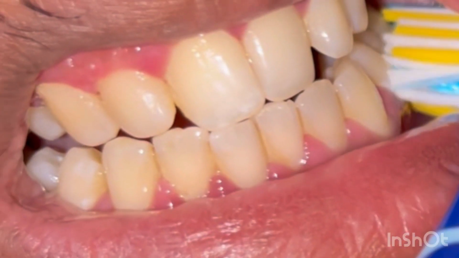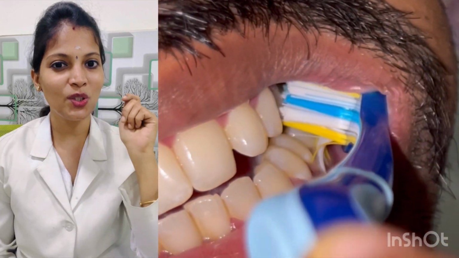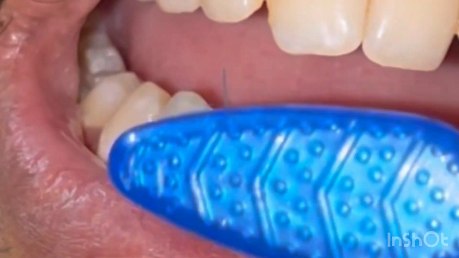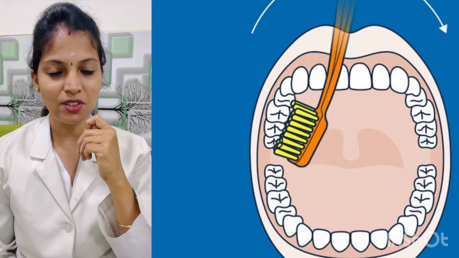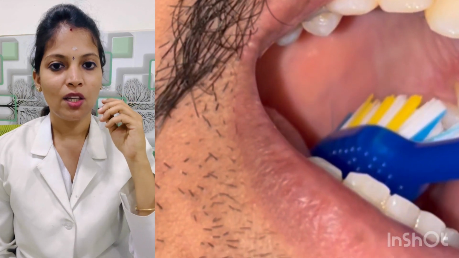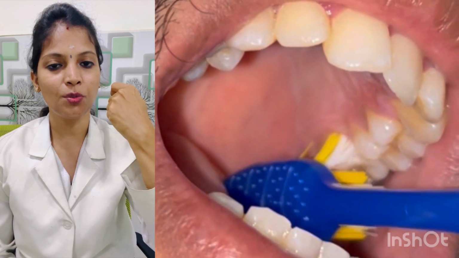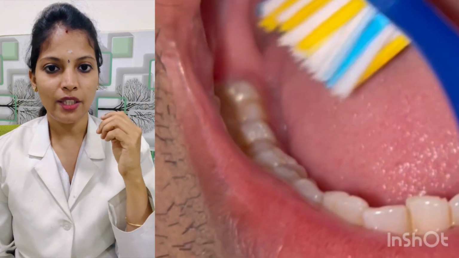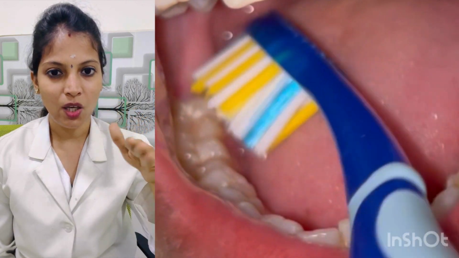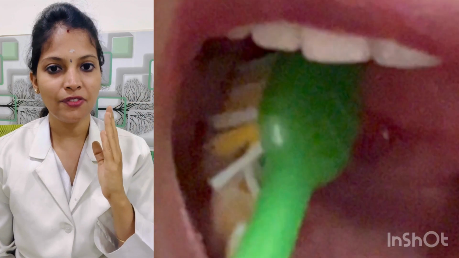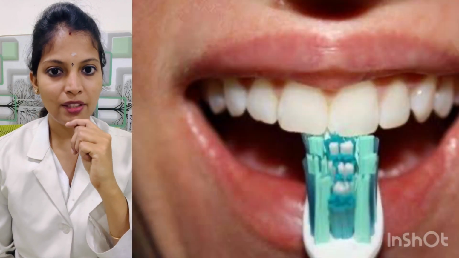Now move on to the lower sets of teeth. So you are going to give a few vibrations and now pull your toothbrush from downward to upward motion. Repeat the same movements for all the sets of lower teeth. Now moving on to the inner surface of the teeth, which is near your tongue. Give a few vibrations and then pull your toothbrush from upward to downward motion for the upper teeth. For the lower inner surface of the teeth, give a few vibrations and then pull your toothbrush from downward to upward motion. So repeat it 3 times for all the sets of teeth except for the inner surface of the upper and the front teeth.